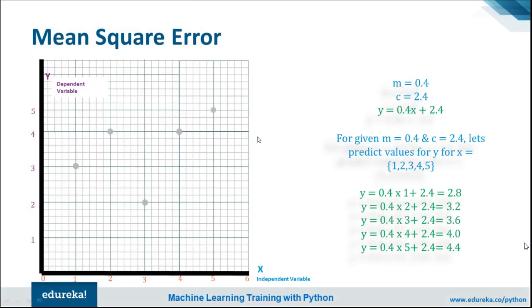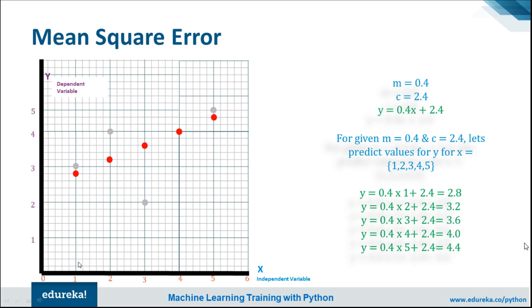So here in this case, if we calculate the mean squared error, we have all these data points and these are the predicted ones. Red color shows the predicted values and the real values are these ones. So basically the error is how much distance is there, and you take the sum of them. The equation which we found was y = 0.4x + 2.4, and